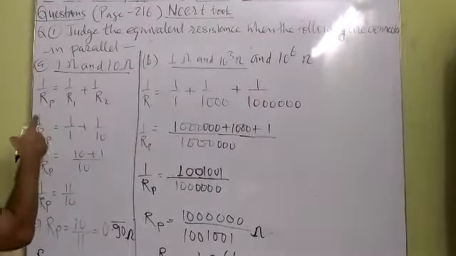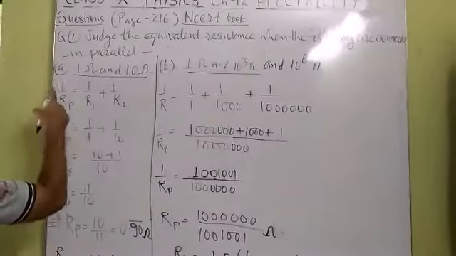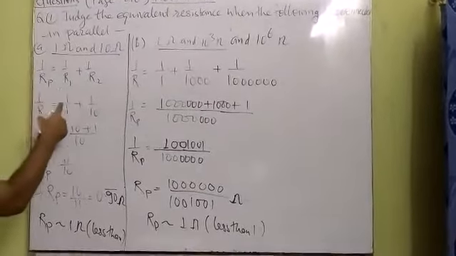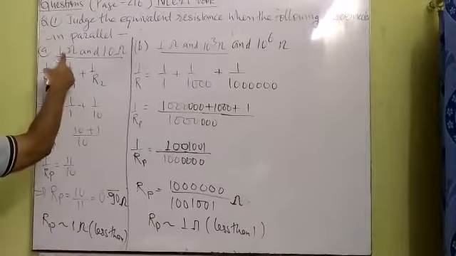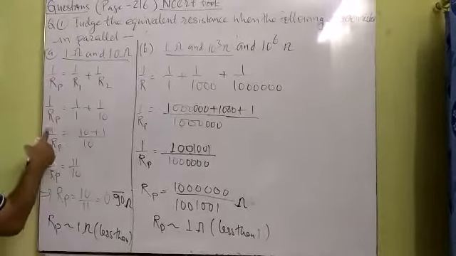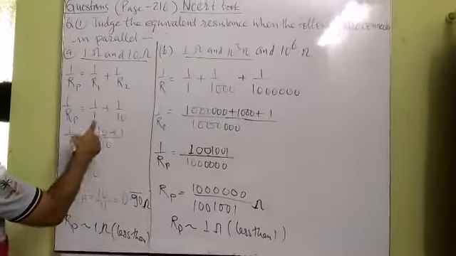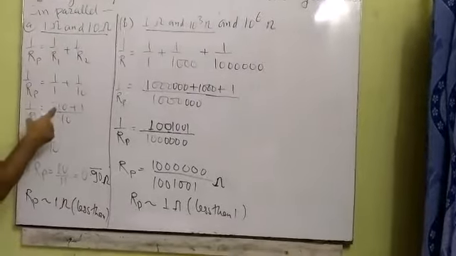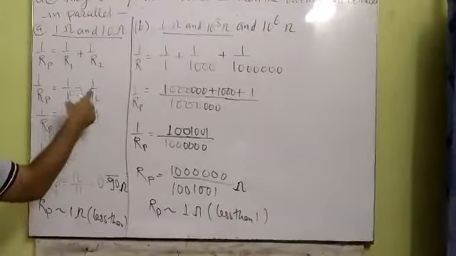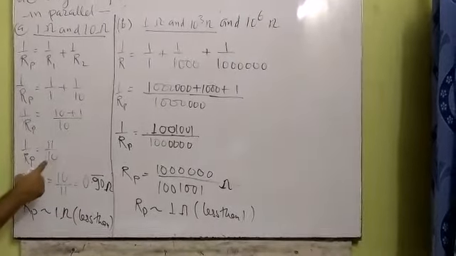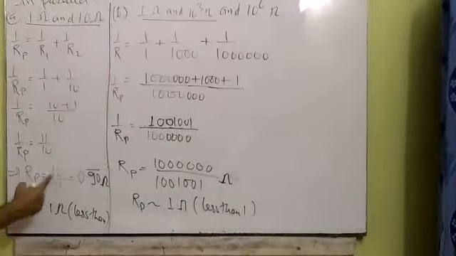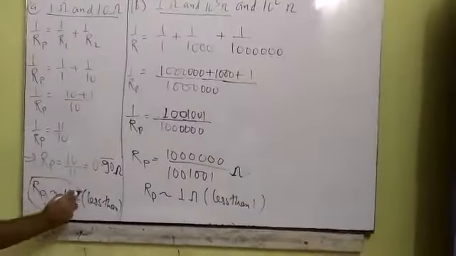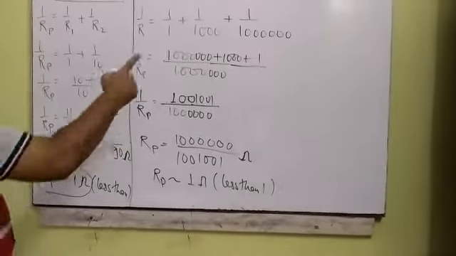These 2 resistors are connected in parallel, so equivalent resistance of parallel can be found by 1 upon Rp is equal to 1 upon R1 plus 1 upon R2. 1 upon Rp is equal to 1 upon 1 plus 1 upon 10, because R1 is 1, R2 is 10. Now after placing values, we need to calculate the LCM of 1 and 10, which is 10. So 10 divided by 1, quotient is 10, into 1 is 10, again 10 divided by 10, 1 into 1 is 1. So in this way, 1 upon Rp is equal to 11 upon 10, it implies Rp is equal to 10 by 11, approximately 0.90, means it is approximately equal to 1 but less than 1.